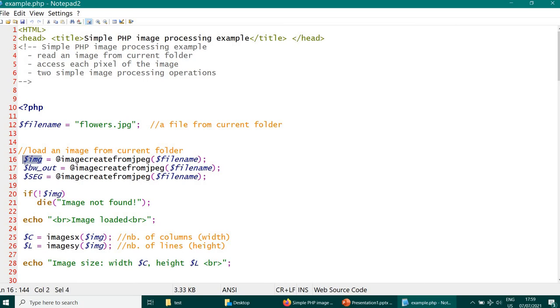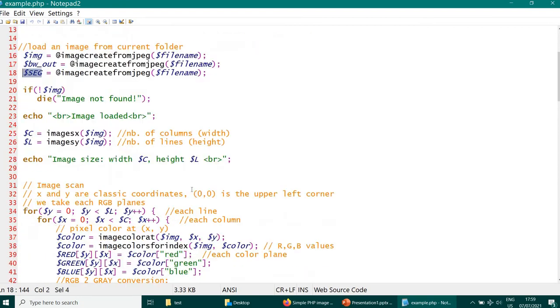We will work with this variable as the input image, and here we prepare two variables as output images that I will write to disk. Then I get the image size with these GD functions, the number of columns and the number of lines of the image.